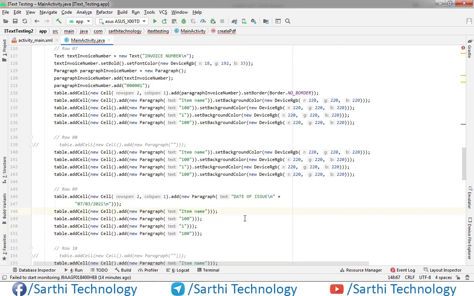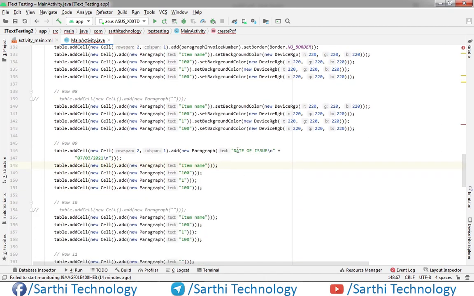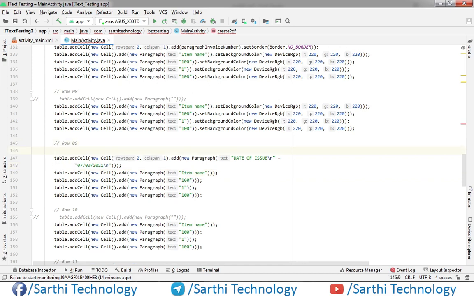Now again here, when we will see this date of issue, we need to create one text object for the formatting. So text, and just put this date of issue.